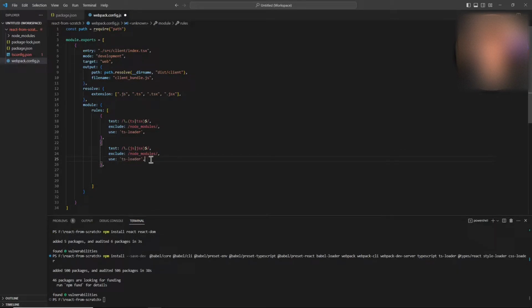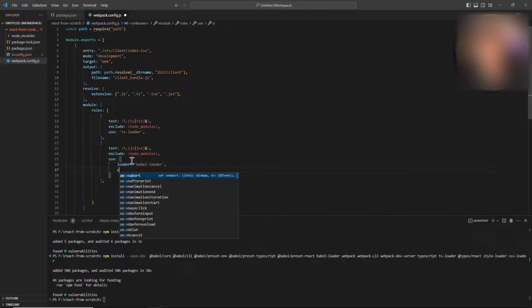And instead of ts-loader, because ts-loader can only handle ts and tsx files, or they will basically convert ts and tsx files into a valid JavaScript file. So to handle js and jsx files, we'll actually use babel-loader. And instead of doing this, we will actually need to specify some of the options. So we'll do loader will be babel-loader,